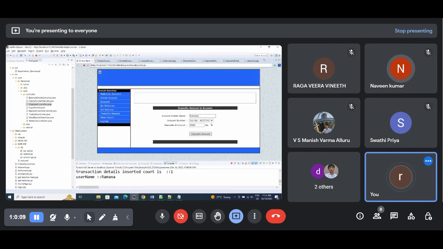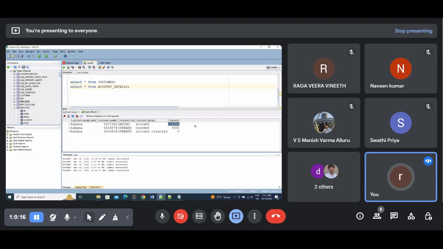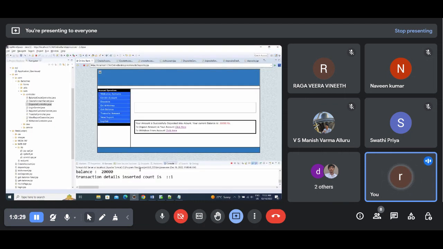Now I am depositing 5,000 to the same account. Now click on this. Now see that. Now let's execute this one. How much is there? 20,000. So at the time of entering, I am giving only 5,000, right? So how exactly